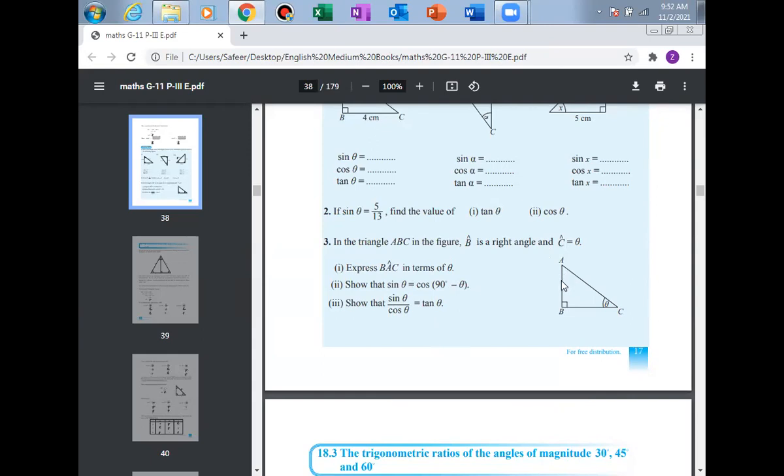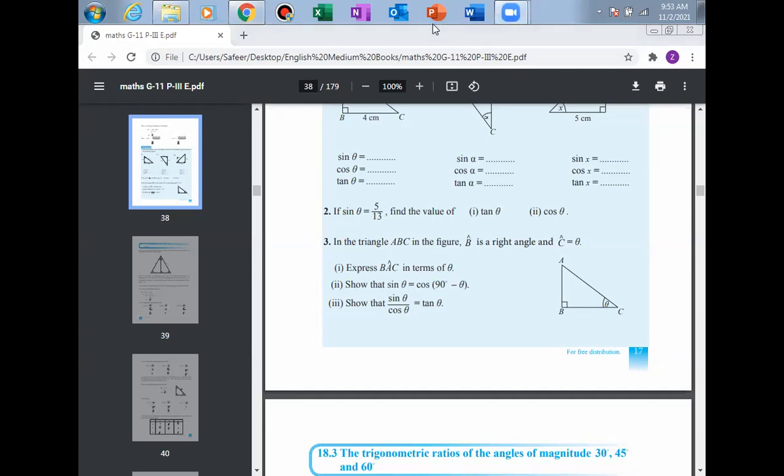So here, this is a right angle triangle. This one is 90, this one is theta. There should be 180 degrees in a triangle. So here 90 goes, then the balance is another 90. In that balance 90, this one is theta, so this one is the remaining part, 90 minus theta.